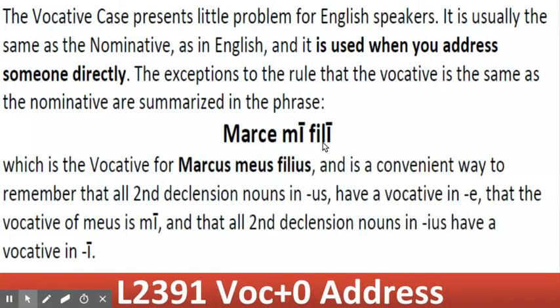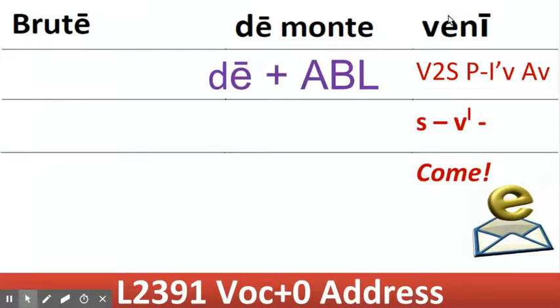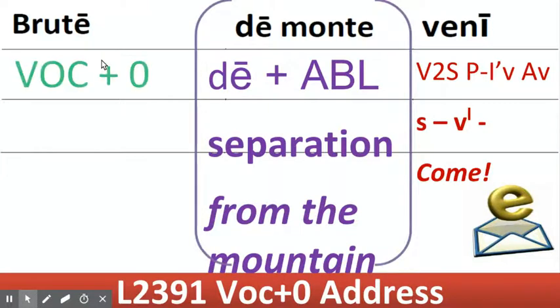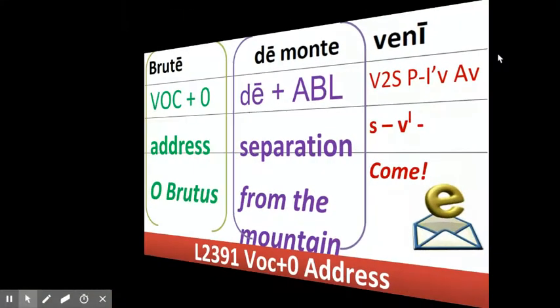All right. So moving on. Bueni. It looks like the first person singular, but it's not. Why? Because there's no long mark here, so it's not a perfect. It's an imperative. Come. Who come? Come down from the mountain. Who? Brutus. Now, Brutus is a noun. Therefore, it's third person. But when you use vocative, you've now put an adapter on it, and it's now second person. That's why you have a command. You're talking to Brutus. Brutus, come down from the mountain.